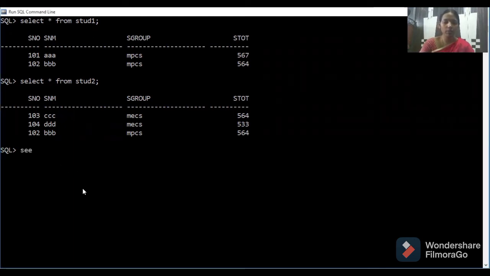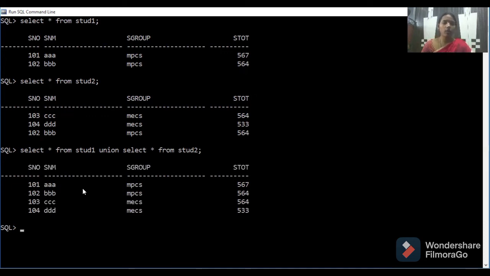To perform the union operation, we write select star from table 1, which is student 1. Then we have a keyword called union. Again we write select star from student 2. If I press enter, what rows are coming?